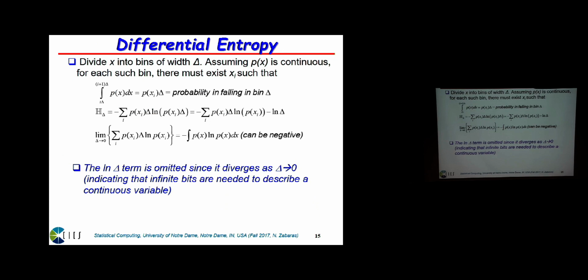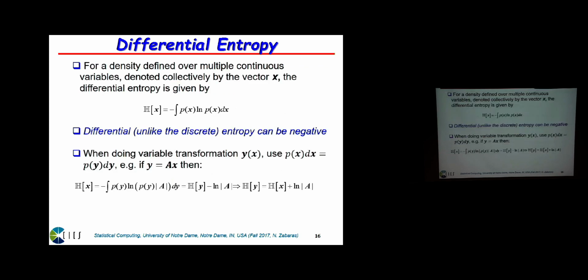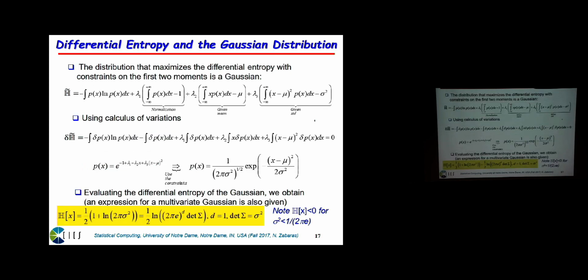So if we generalize this to continuous variables, basically you can come up with a definition of entropy by taking a continuous distribution and splitting it in pieces over bins, right? And then taking the length of these bins to go to 0. And eventually what you get is the entropy for continuous variables is minus the integral of p log p dx. So if you have continuous distributions, the maximum entropy distribution is a Gaussian.